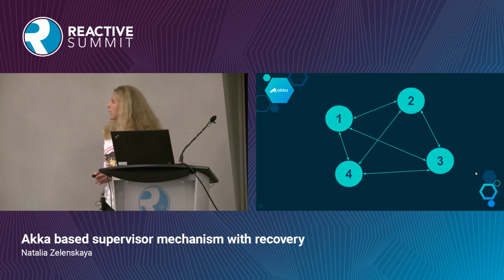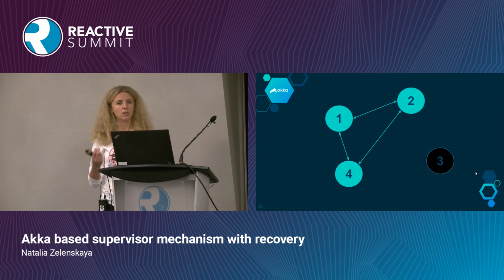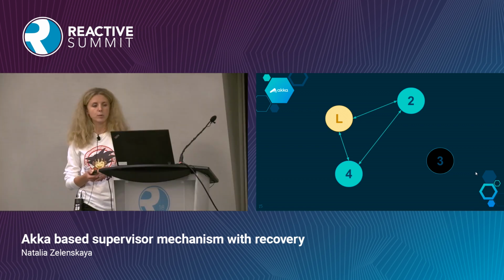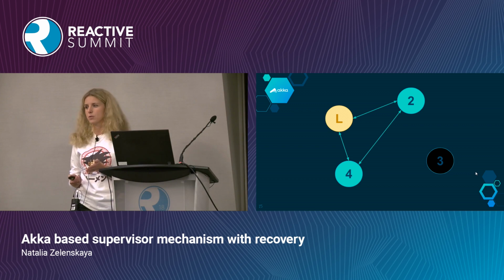So again, if we go back to our cluster of 4 nodes, we can imagine node 3 fails. The whole cluster loses connectivity to this node, and after some time, our leader decides to initiate the recovery. Based on recovery points, as we saw, it's going to detect which tasks should be recovered, and it will redistribute them among active nodes. So some work might go to node number 2, some work might go to node number 4.